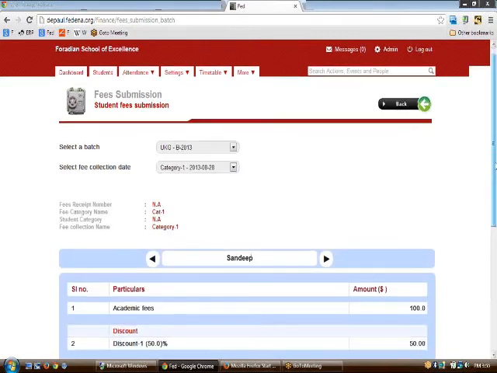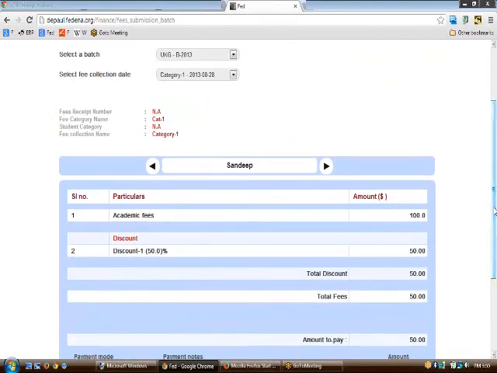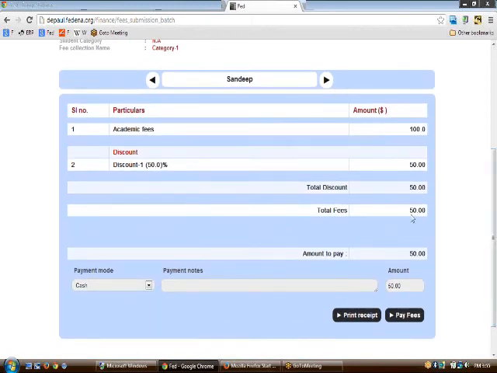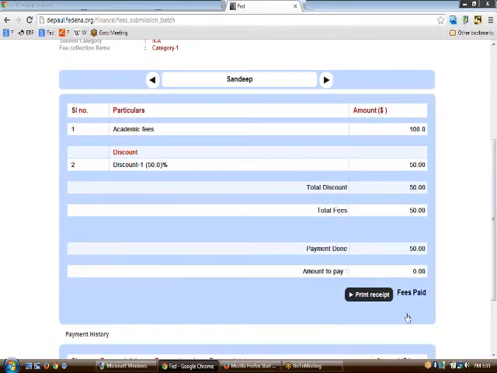Now comes a list of all the students in the particular batch. Sandeep is the one that has been high up in the list, so he has come up first. If you want to pay the fees of Sandeep, you can click upon pay fees. So this is how you can pay the fees.